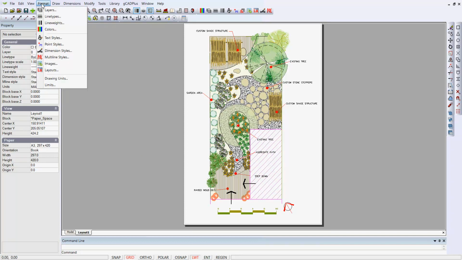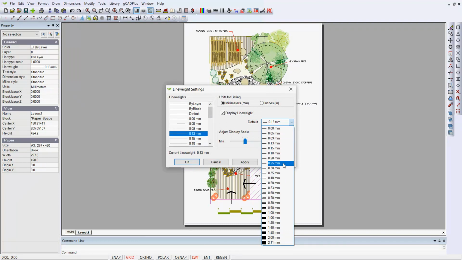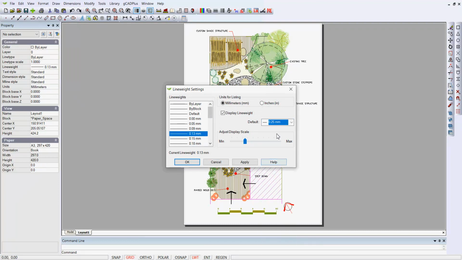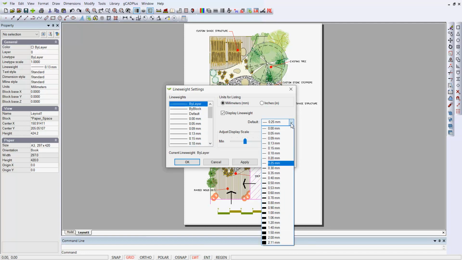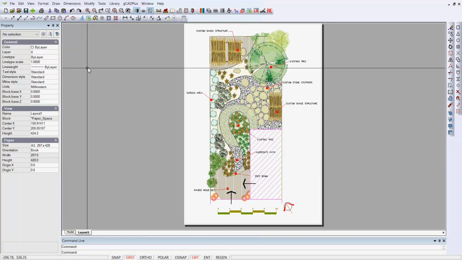Go to Format and Line Weights. The default setting is 0.25 of a millimetre and by layer, but what I'm about to do is change that to somewhere halfway between 0.25 and 0, 0.13, and I will apply that. Once that's done, and I can OK it, I can go through that same sequence of